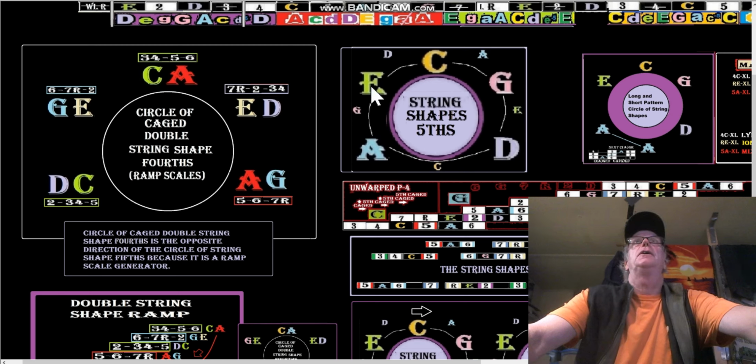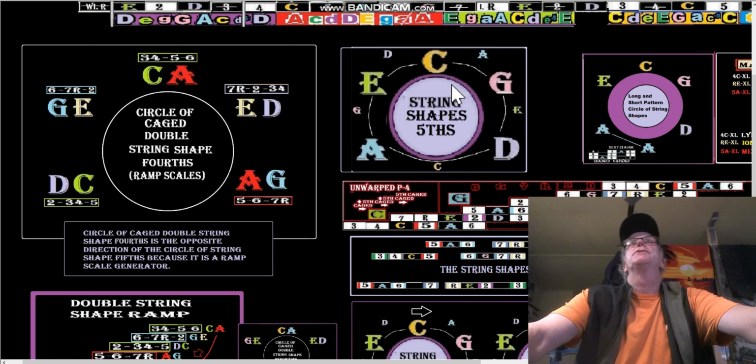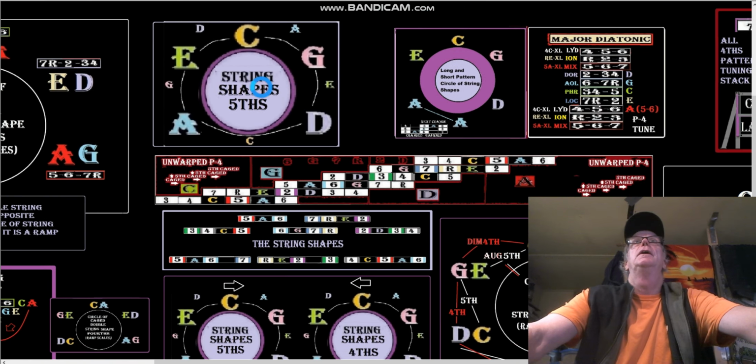C, I'll do it. It's C to G to D to A to E. C to G to D to A, E. The circle of caged double string shaped fourths is the opposite direction of the circle of string shaped fifths because it is a ramp scale generator. So ramp scales apparently go backwards. They just go backwards. So here is the circle of fifths going clockwise. Here is the circle of fourths going